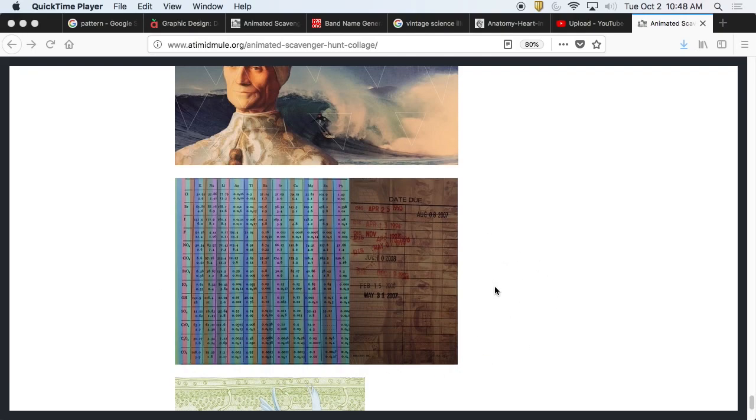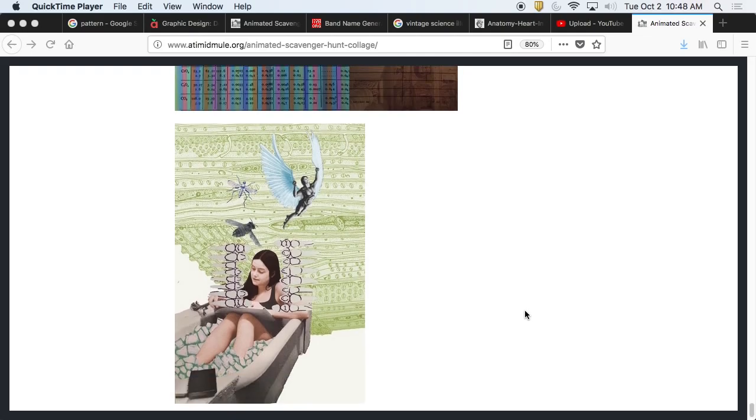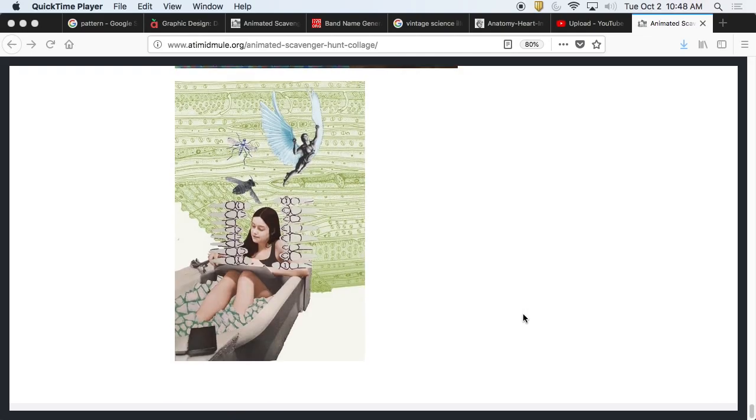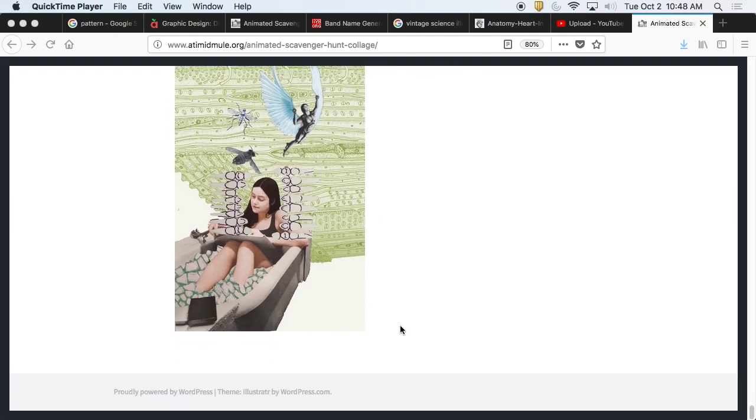Here's one that's just about patterns. This person actually uses the due date thing in the back of the book. And this one sets a bit of a scene there. It's kind of nice the way they use the flatness as the water and sort of mix those things together.